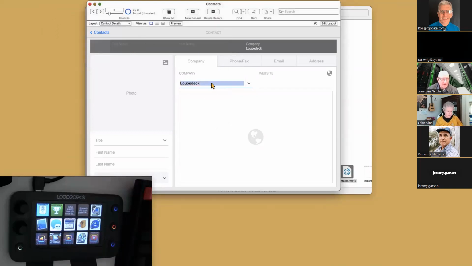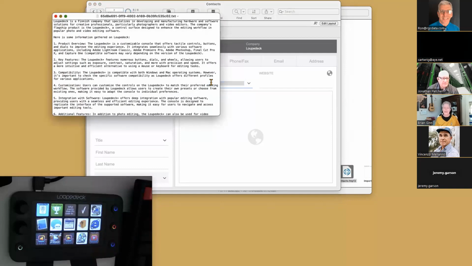And let's do it for the company itself. This is Loupedeck. So when it does the 3 dots, it's working. And as it's doing that, what I thought about is, well, they have like 8 salespeople at this company I was rummaging through. And it was so fascinating to see who these companies were that they were interacting with.